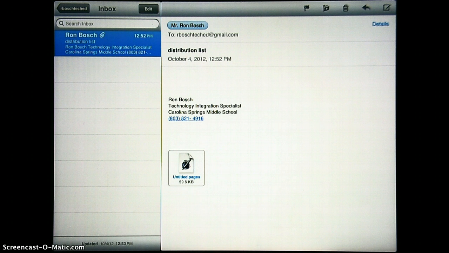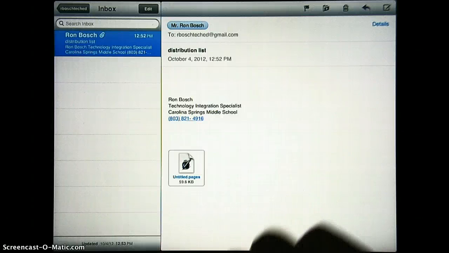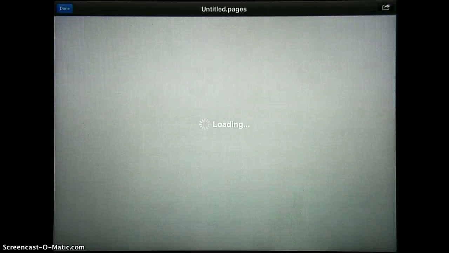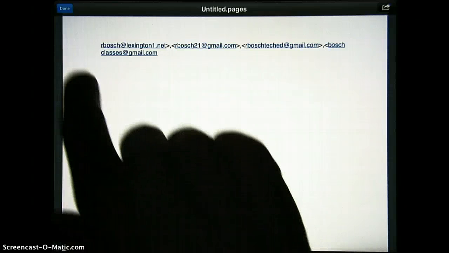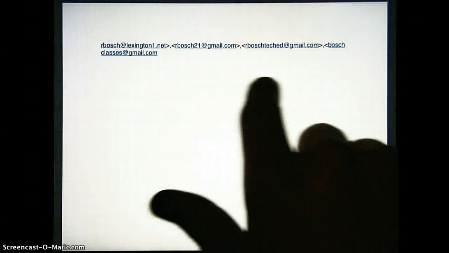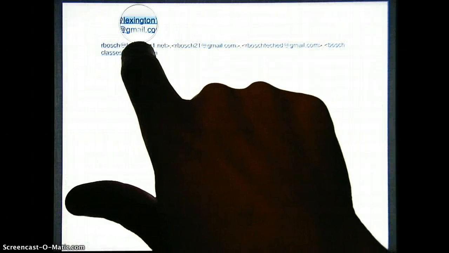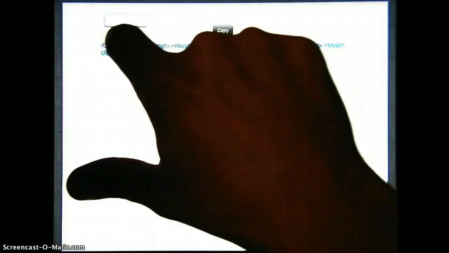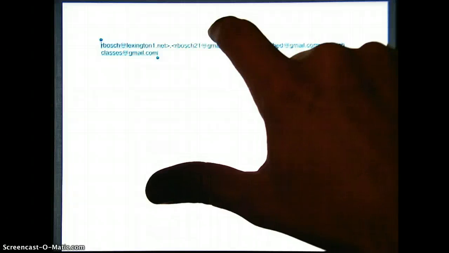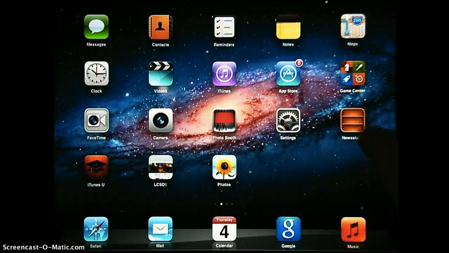Okay, so after I created the list and I have emailed it to myself, I'm going to go on my iPad and I'm going to go to the email that I sent with that document, and I'm going to open up the document. Okay, and this would be my class with all the email addresses, and I'm simply going to come in here and I'm going to need to select all of them, and I'm going to copy those email addresses. Then I'm going to come to my contacts,